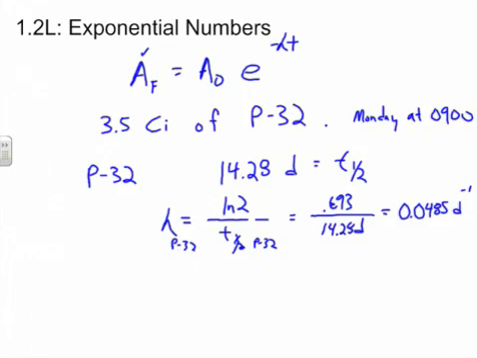We found out what our decay constant is, and how long is it going to be from the time of production of this phosphorus 32 to the time of actually using the phosphorus 32. Since a lot of these production facilities work a Monday through Friday schedule, we're going to say that if they ordered on Monday, and by time travel and everything, we're going to say they produced it, let's say, Wednesday, and we're just going to say